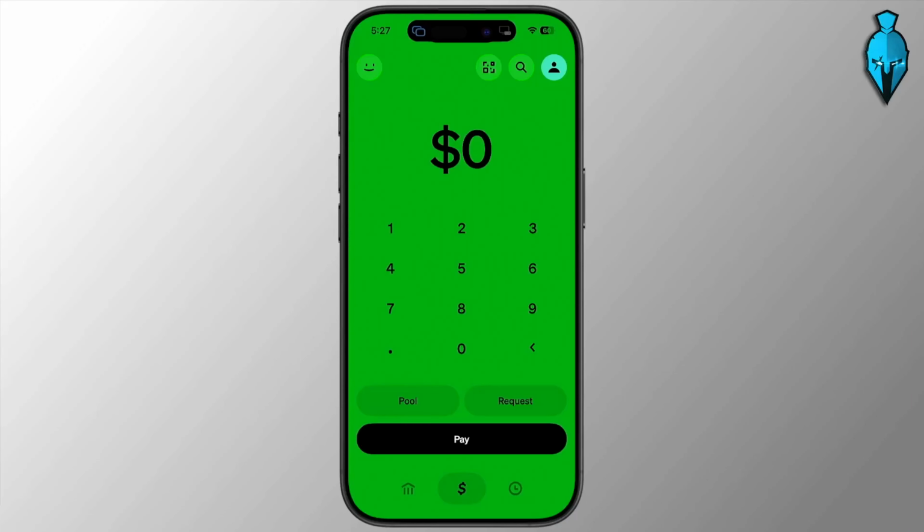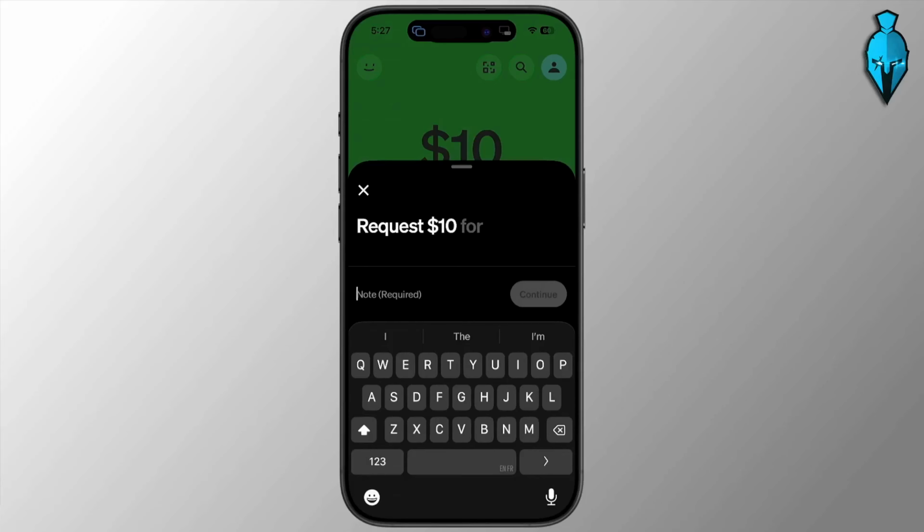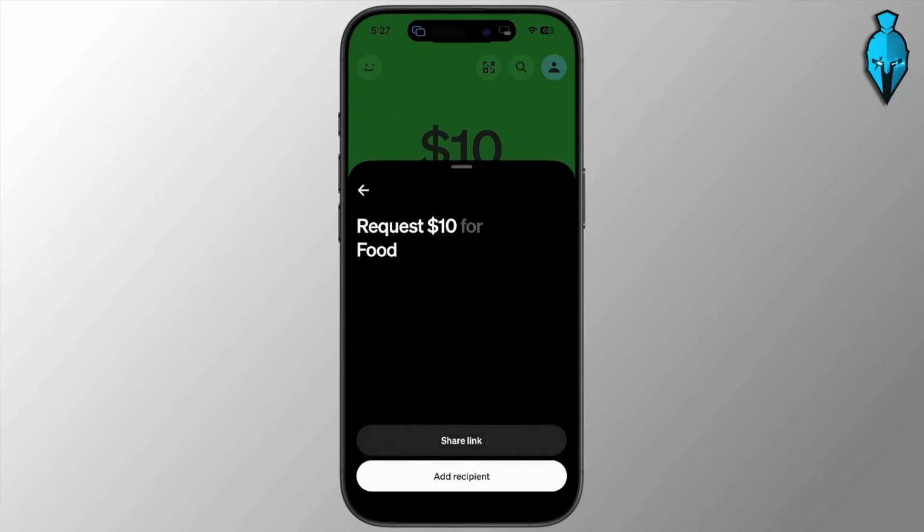Begin by opening Cash App and entering the amount that you want to request, then tap Request at the bottom of the screen. Go ahead and add a note explaining what the request is for, then select Add Recipient to search for the person using their name, cash tag, phone number, or email address. Then tap Request again to send it, and the other person will receive the payment request and can choose whether